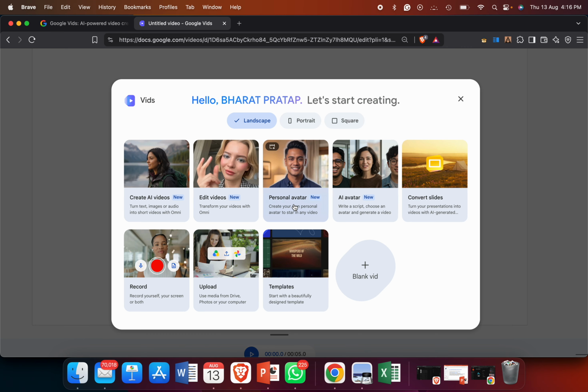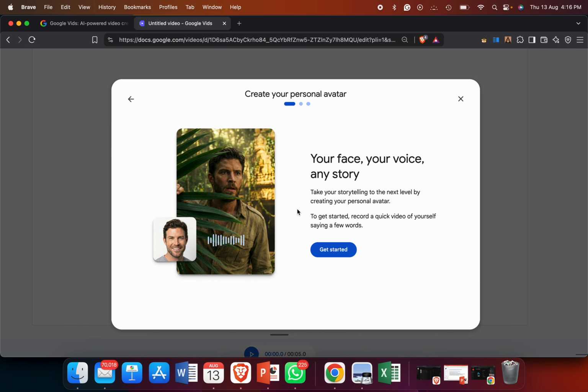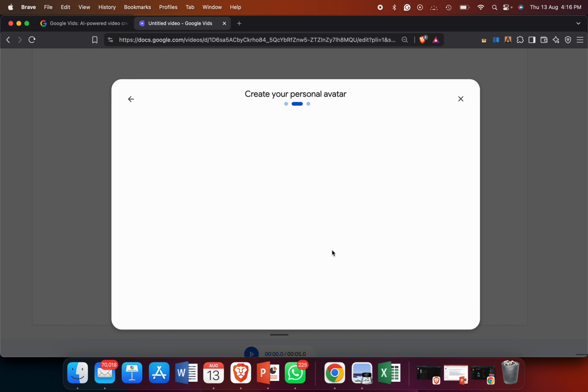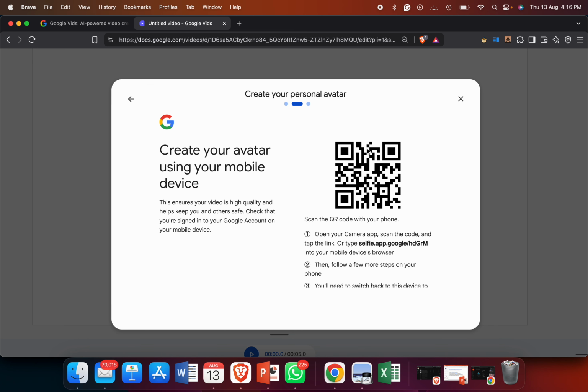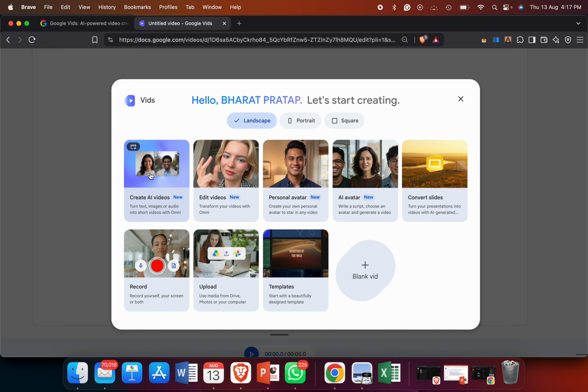Where we create a personal avatar, you just go here: your face, your voice, and the story. Click the option of get started, then create your personal avatar. Just wait, it asks you to scan. If you're comfortable to scan, you scan your photo and your avatar is ready for editing your images as well as your videos. Okay, and if I go back,